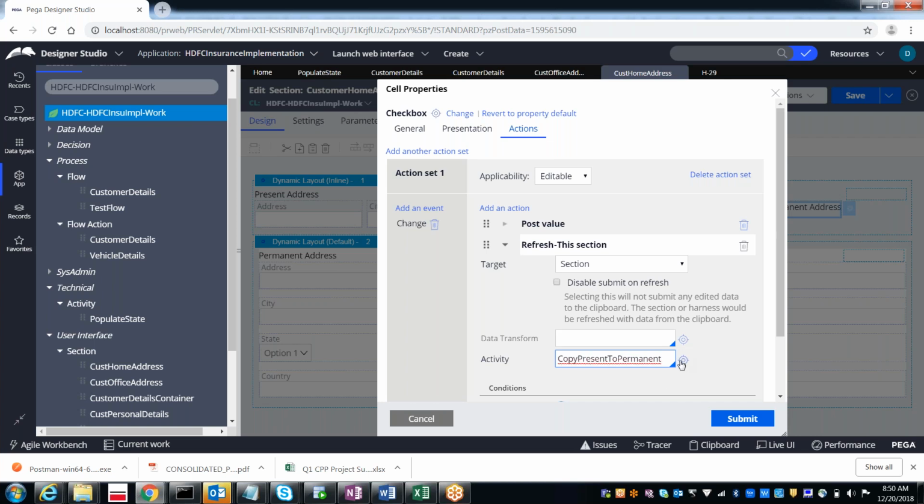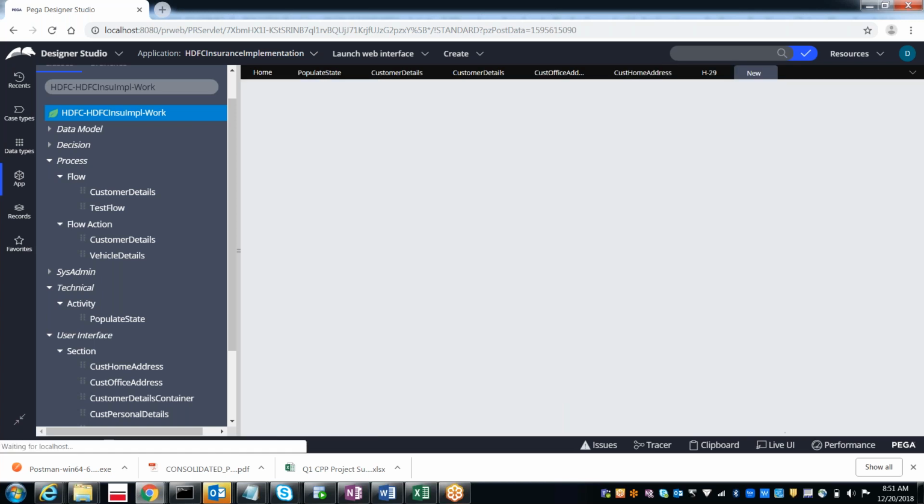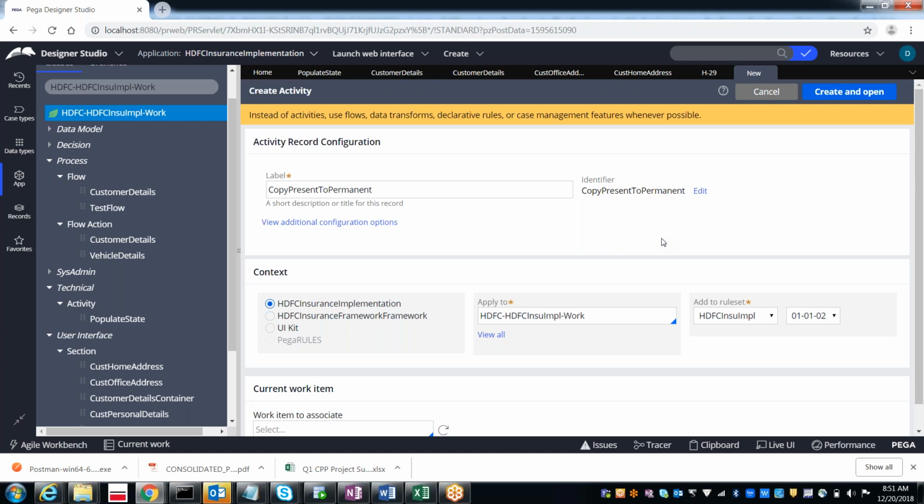Then if you select this icon, if the activity is already existing, it will open it. But if the activity is not existing, it will create it. So click on this. See, it is trying to create as this activity is not available.